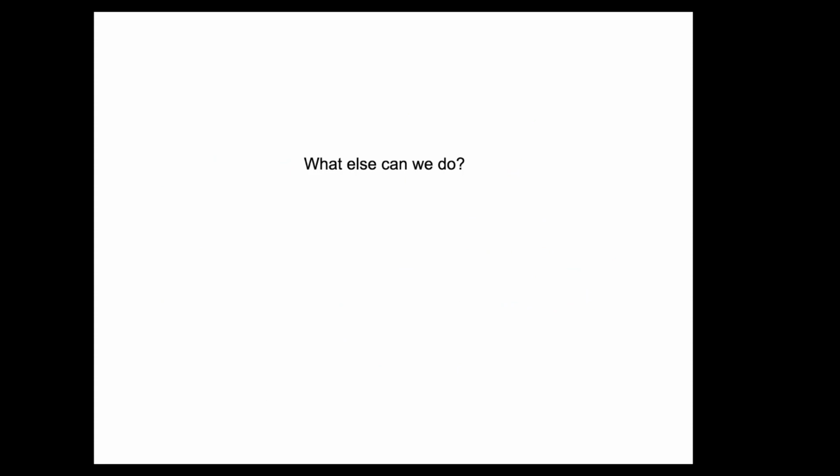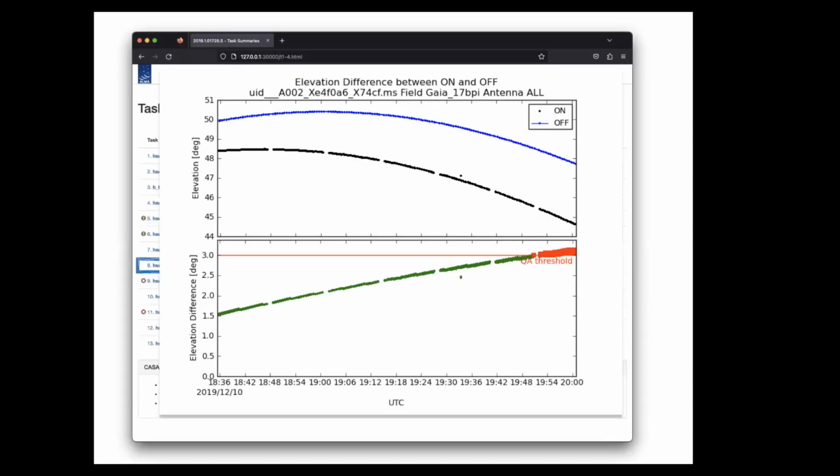What else can we do? Well, one other thing that we can do is to add some flags to the data, to see if by flagging some data that is, let's say, not very good, we can somehow improve our results. And remember what I told you about this